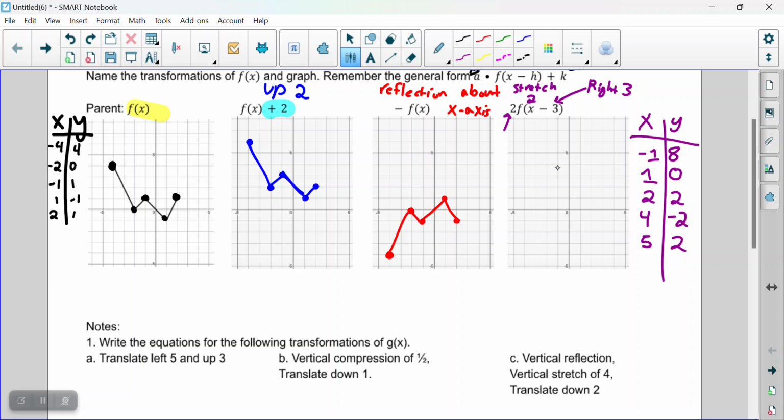1, 2, 3, 4, 5, 6, 7, 8. Ooh, way up there. 1, 0. Okay. 2, 2. 4, -2. 1, 2, 3, 4. 1, 2. And 5, 2. And if we connect the dots,